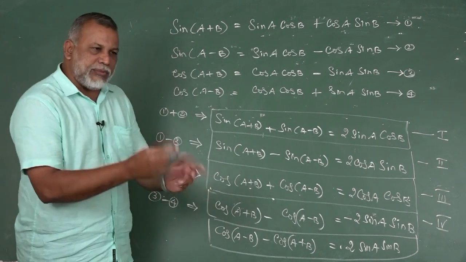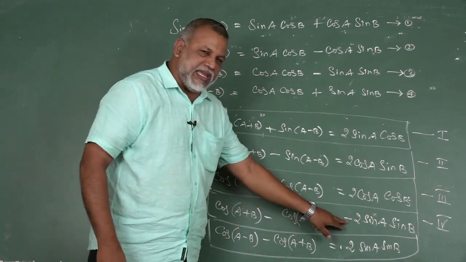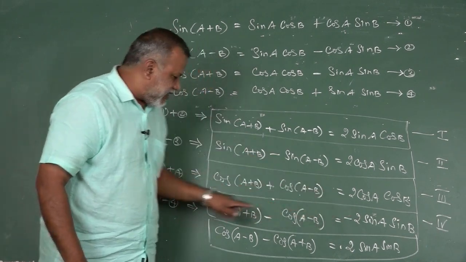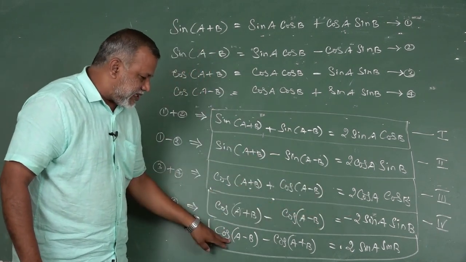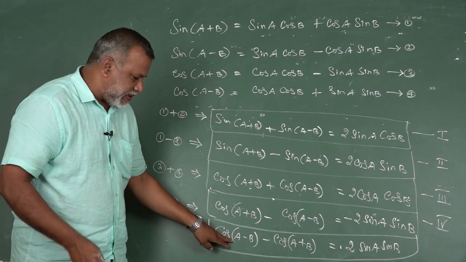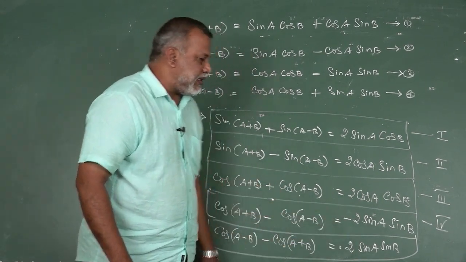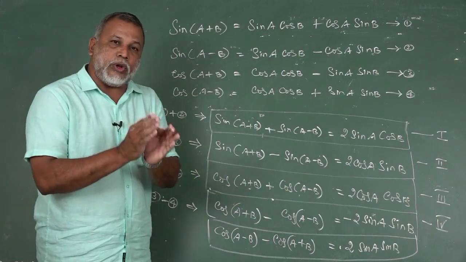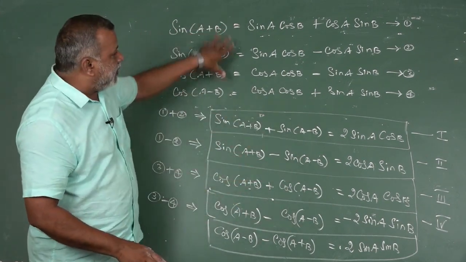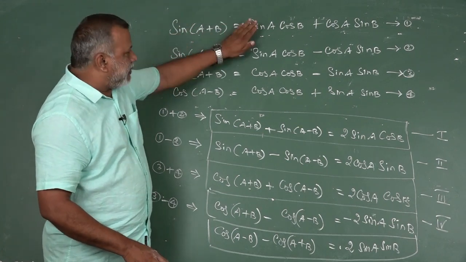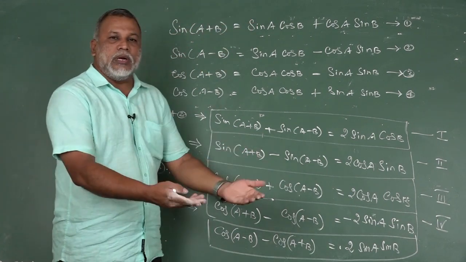The fourth result can be modified because here you are getting a negative symbol. To avoid this negative symbol, multiply the result with the negative. So this will come first, that means it will take a positive symbol. Now it will get a negative symbol. Here a positive result. So now we are getting 4 new results with the help of this one. This we already proved. From this we are able to get 4 new results.